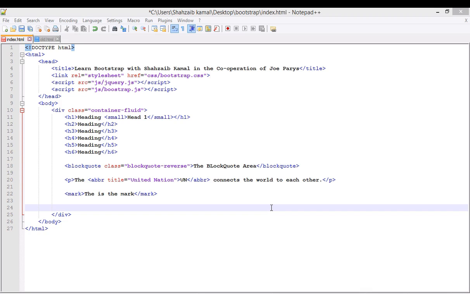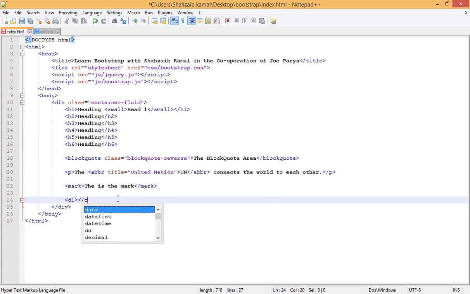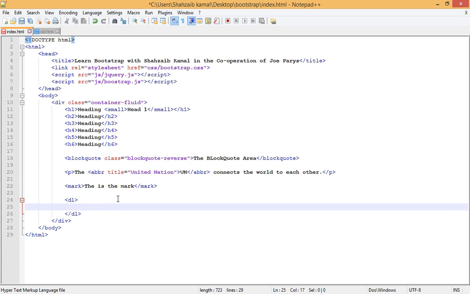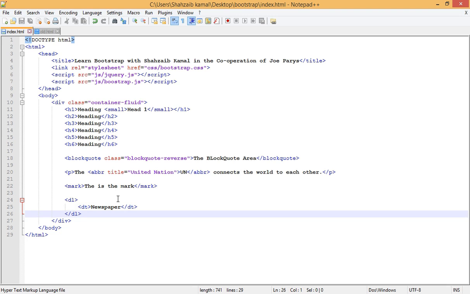Hello and welcome back. In this class we are talking about more text styles in Bootstrap. Just put the DL tag, the description list tag, and inside it, as the heading, I'm typing DT and covering that. Between these tags I'm typing newspaper. I can type anything I want. Here, pressing enter and putting DD, covering that, and here I'm typing the newspaper